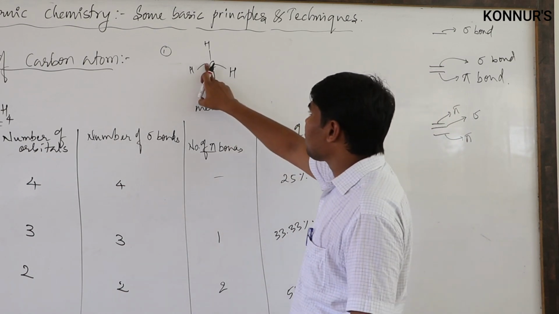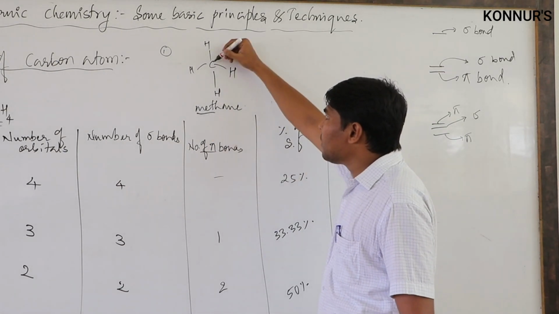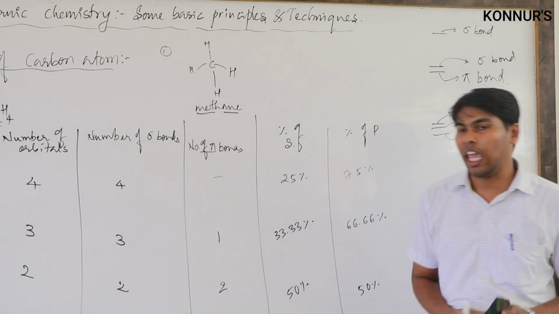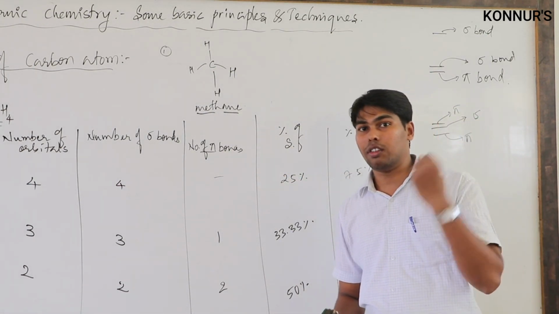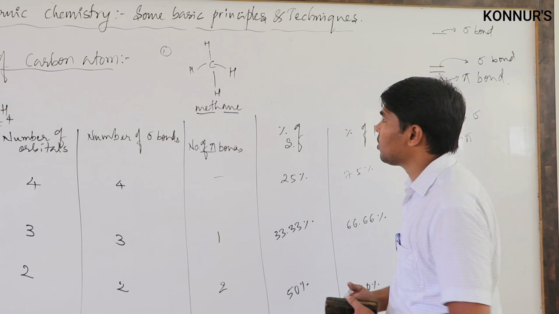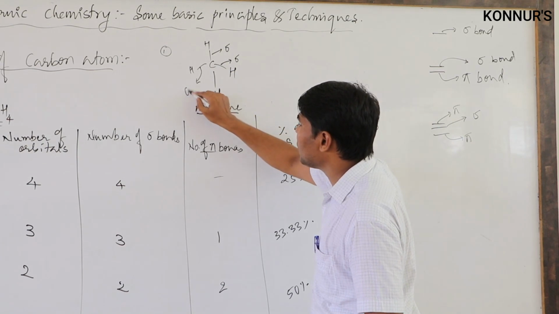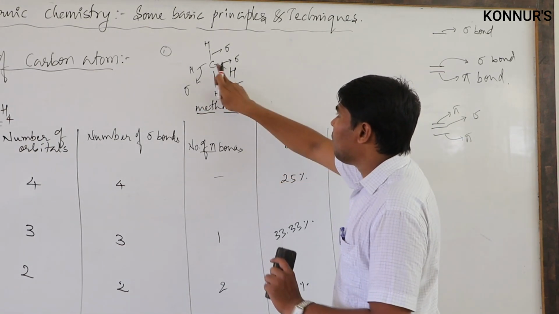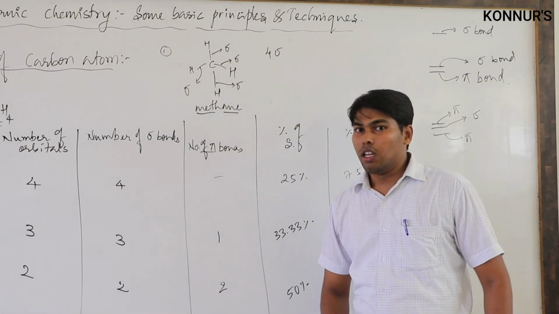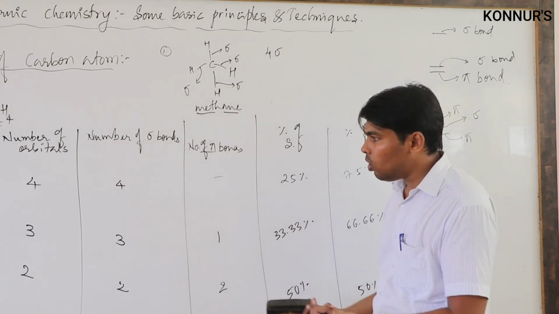See here in this structure, if I draw the structure of methane, meth stands for one carbon, and all its bonds are single bonds. You know that a double bond is one sigma and one pi, and a triple bond is one sigma and two pi. So meth has single bonds and contains all sigma bonds. Single bond is a sigma bond. So carbon has 4 bonds, and all 4 of them are sigma bonds. All 4 are sigma, meaning there is no remnant of a pi. So there are no pi bonds.